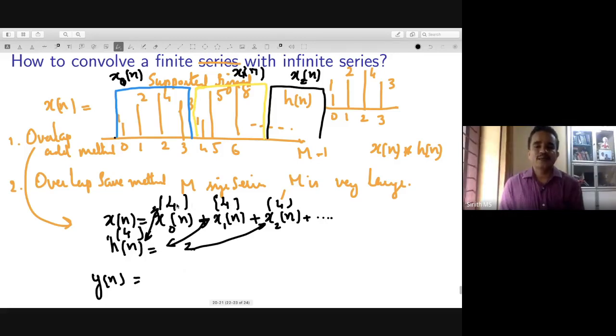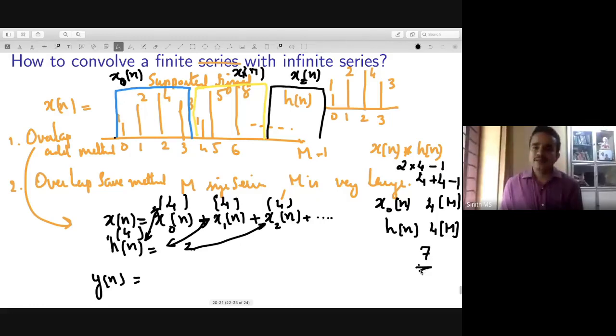And for this, you can utilize circular convolution if you want. How do you do circular convolution? To do linear convolution, you have two signals, say you want to convolve x0n and hn. You find the size of each. We know that both are of size 4. Let us generalize this as size m. If you linearly convolve these two, it will be of length 4 plus 4 minus 1, which is 7. So for the remaining 3 points you can do 0 padding